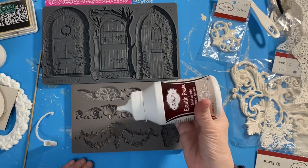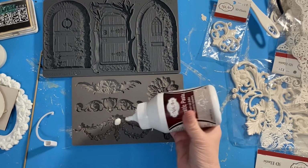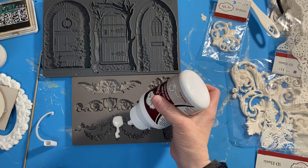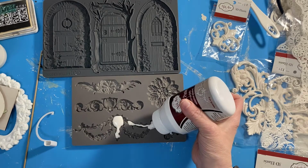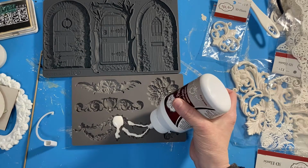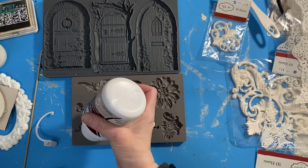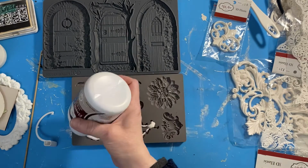Okay, so now once we get it all shaken up, basically all we're going to do is squeeze this paste. It is a very liquid type consistency. It's not a thick paste. You're going to squeeze this right into the decor mold. Now, this particular mold that I'm using right now is an older IOD mold. This element is very detailed, and you will see at the end some different tips and tricks on this. But I'm just going through right now and filling these cavities in, and